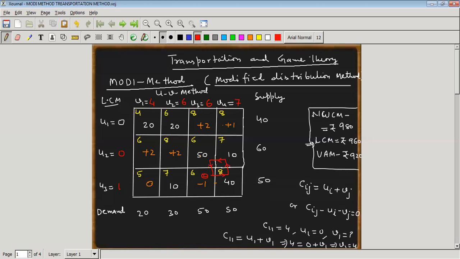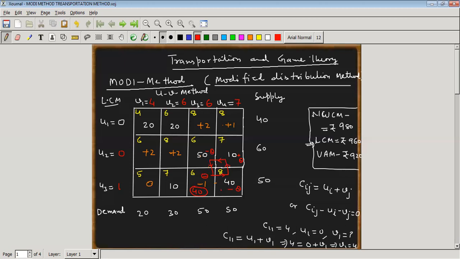So if we send theta items in this point, then we have to reduce 40 minus theta, 10 plus theta, and 50 minus theta, so that the equation remains balanced, the problem remains balanced. So what can the value of theta be, what is the maximum it can be? Theta can be 40. So if we send 40 items in this position, then 40